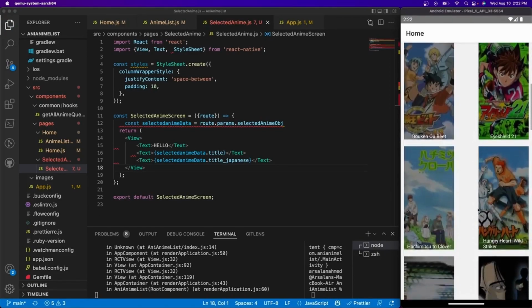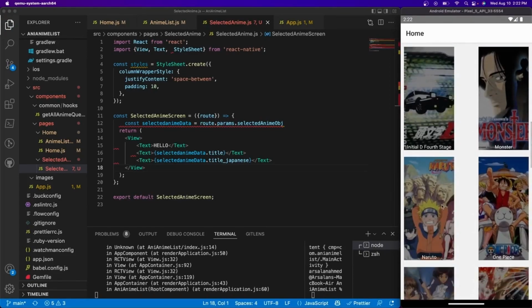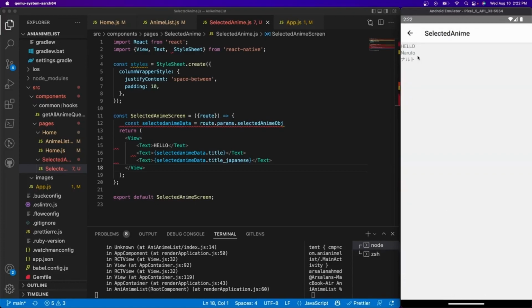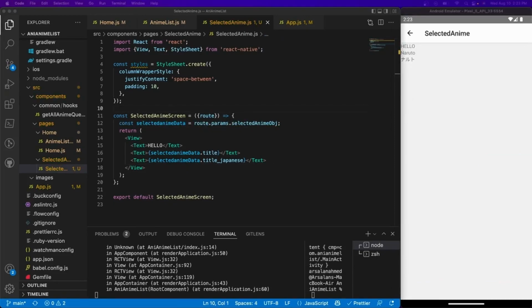Let's do something else. Let's select Naruto, which is my favorite one. We see Naruto and Naruto in Japanese. Perfect. Alrighty, so that concludes this tutorial. It was pretty short, I know, but it is very, very important because this is the fundamental stuff about React navigation that the documentation makes a little bit difficult to learn, but I hope that it makes sense to you and how to work